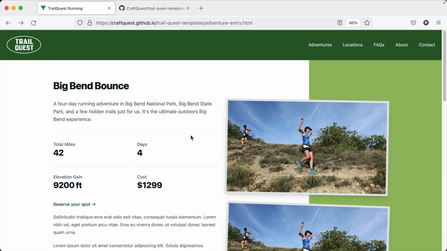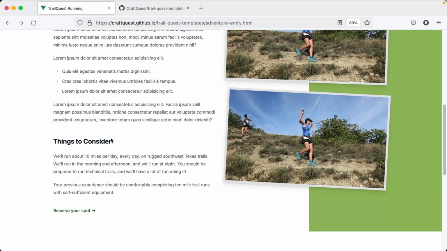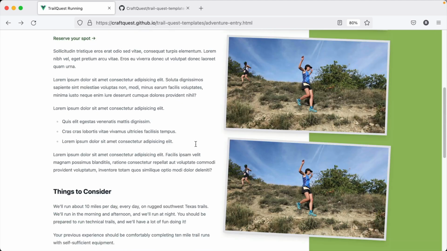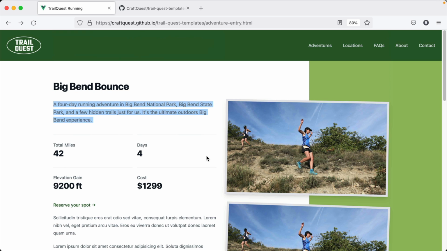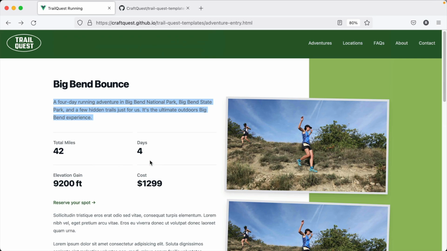Instead of information about an adventure and how to sign up, the template will display the location name, some information, maybe some statistics about it, a few photos off to the side, and some rich text. So it's going to be basically the same layout, but just information about the locations. And then we'll also have a list of the different adventures that take place at that location. When it comes to this type of